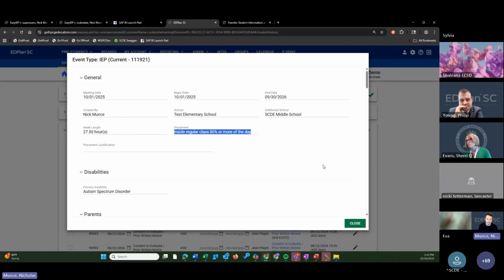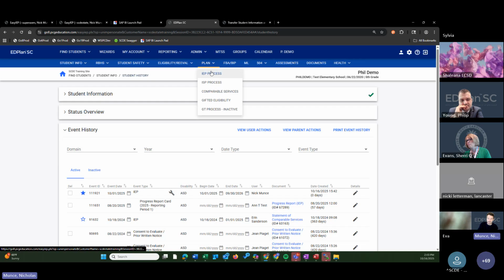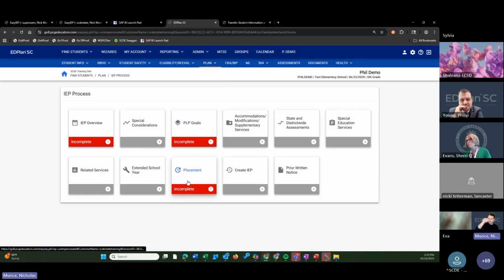There's always a chance that they exited under an IEP that was created via edit key dates, because if you don't go all the way through each tile in the IEP process, you can finalize an event without having made the selection. If the event was made by going tile by tile, it cannot be missing a placement value. That's one of the rules of completion. But if it's done through one of these other methods, it can, which might be why you're seeing none values. And the most common reason for that, comparable services plans and Enrich migrated IEPs.